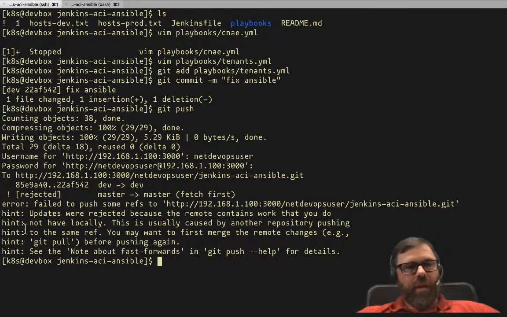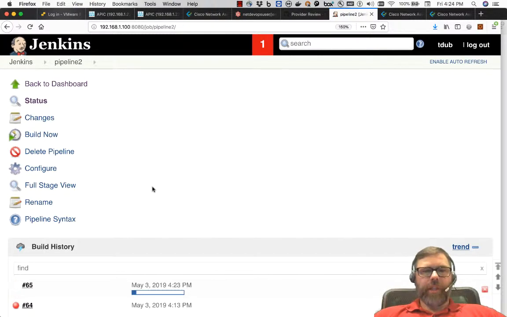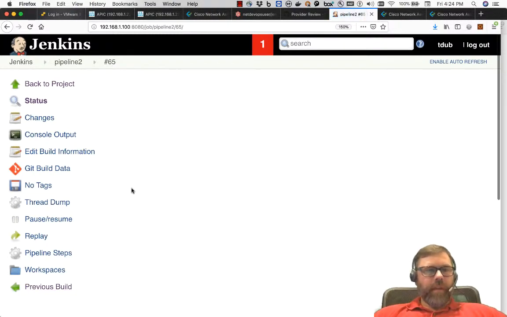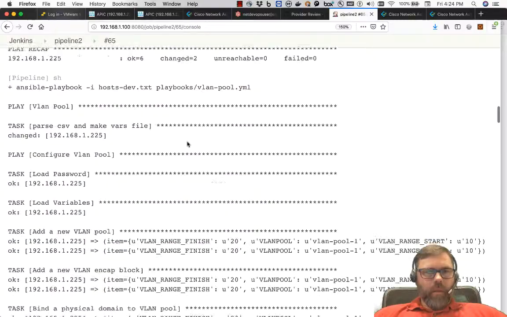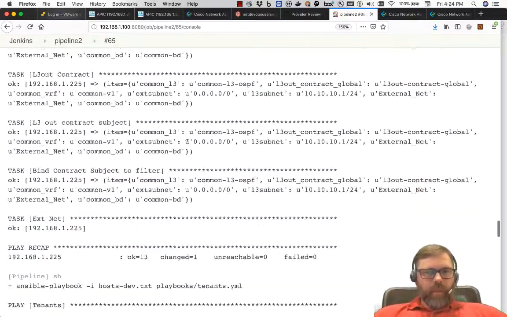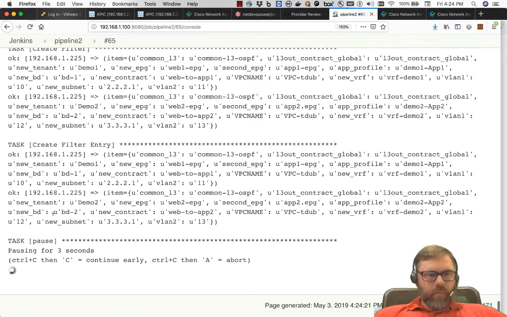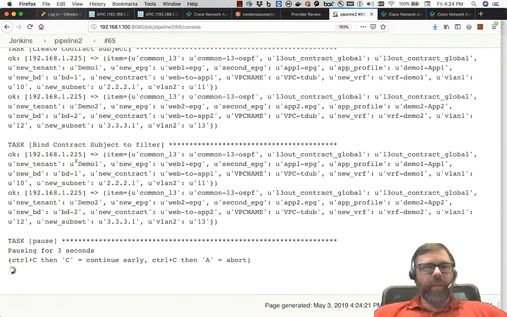You can ignore these error messages, they are not really relevant to us. Okay, so after making our changes to the Ansible playbooks, we are on this new job 65. And if we go into the console output, we can see where we are. Scroll down, we got playbooks going off. We're actually in the tenant portion, almost completed there,